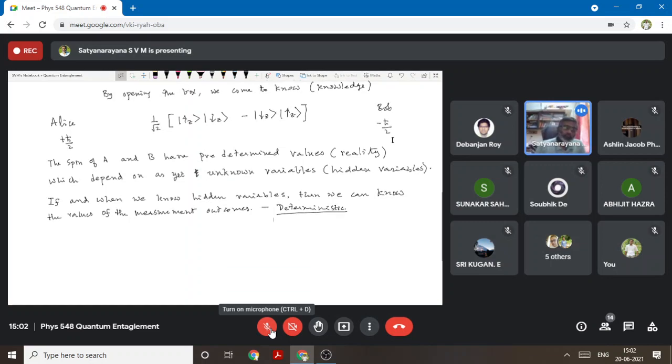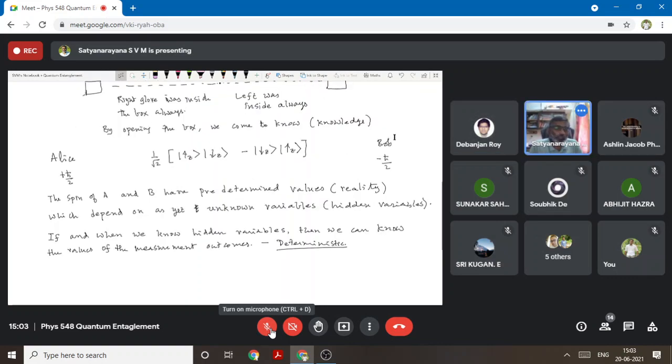So quantum mechanics is not the final theory. There can be some other theory which has these hidden variables, and even though we don't know what those hidden variables are, we will be able to make a mapping between the hidden variables and the measurement outcome. So the Copenhagen interpretation is not complete. It's not that it is incorrect. EPR's argument is that it is not complete, because in it observation creates reality. You make a measurement, and that measurement forces the system to collapse, correct.